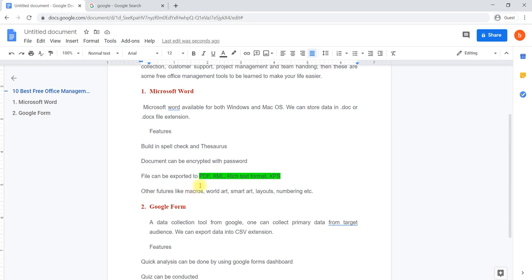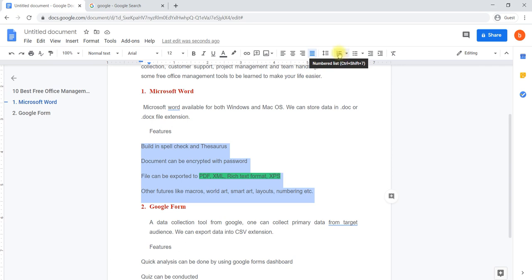I need to apply the 1 2 3 4. I would like to do that. Then what I need to do? First we have to select the data which you would like to enter the numbers for. Select the data. Here in the quick access toolbar you can see the number list, 1 2 3, like that.